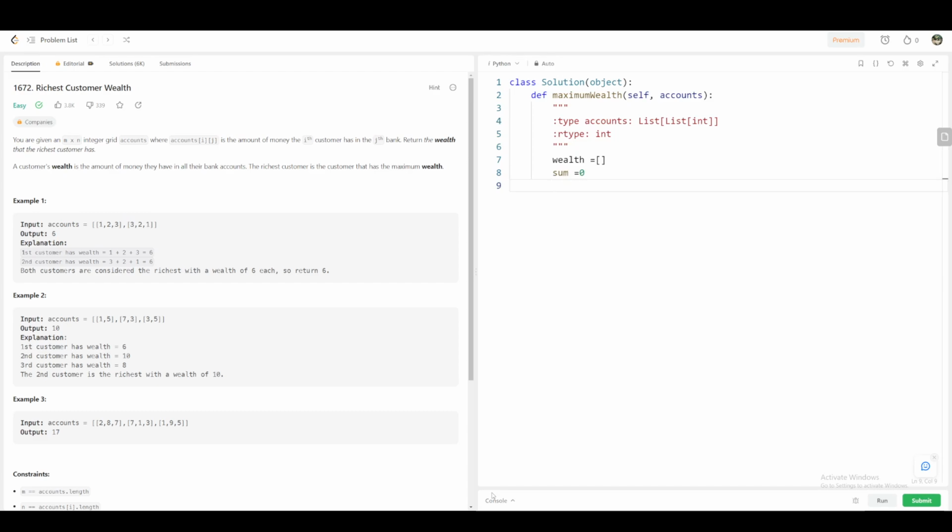Then I'm going to start a for loop: for account in accounts. When we get right here it's not enough, because we will have the answer like first array and then second one, but we have a 2D array, so we need to start another loop,